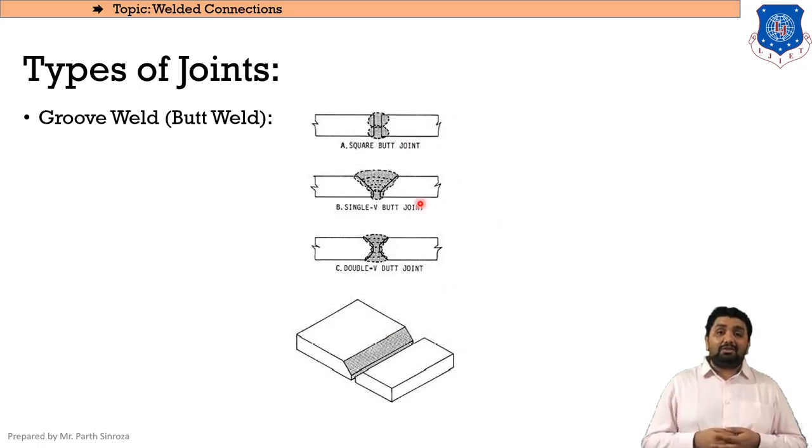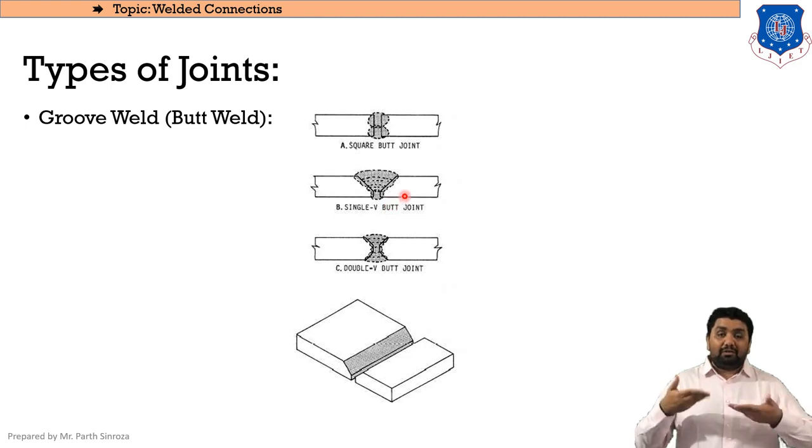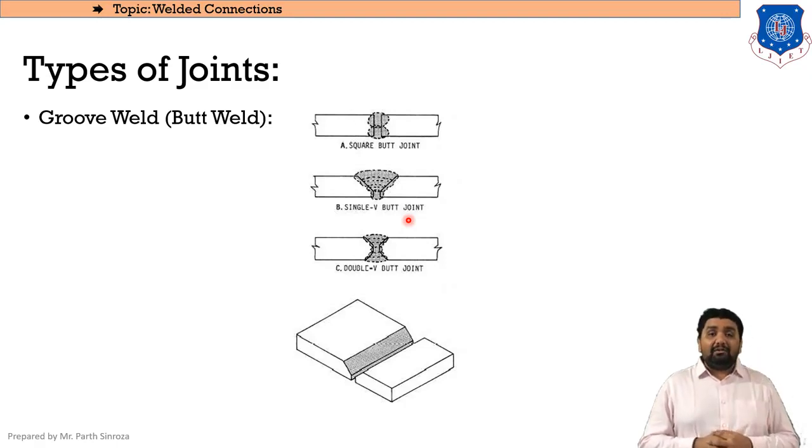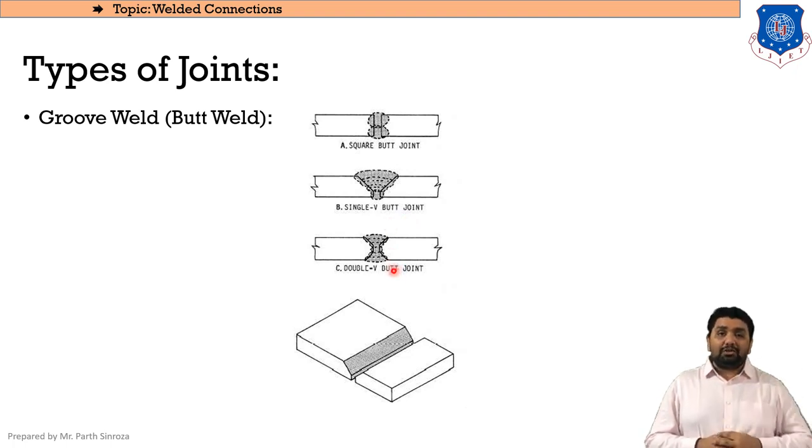Clear? For creating a notch, there are various examples. The first you can see is the square groove. That means a square weld is done of this shape. The second is where we provide an additional cut or groove to the edges of these plates. For example, if two plates are taken, we provide a small V-shaped cut to it to provide a weld. If the V-shape weld is provided only in one section, that is the top section, it will be termed a single V groove. If it is provided in the top and bottom sections, it will be termed a double V groove. It can be V shape, it can be U shape. Every groove weld depends upon the shape that we have provided.